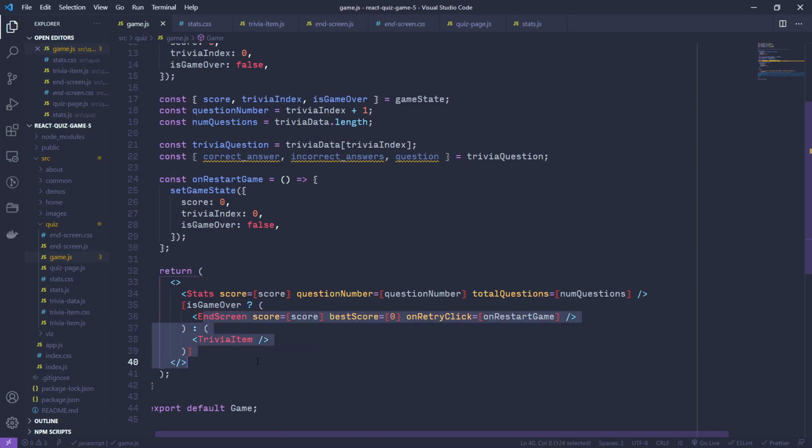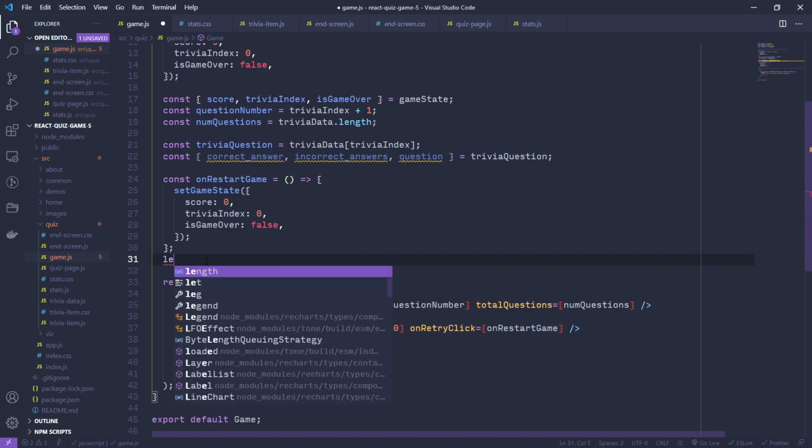And this will work. But this is harder to read and maybe a little bit less maintainable, because we're going to eventually need more to happen here for the trivia item. Like, we're going to have to get some of these props and pass them in for the trivia item only if the game isn't over. So another way that we can do this same structure is to just create a variable